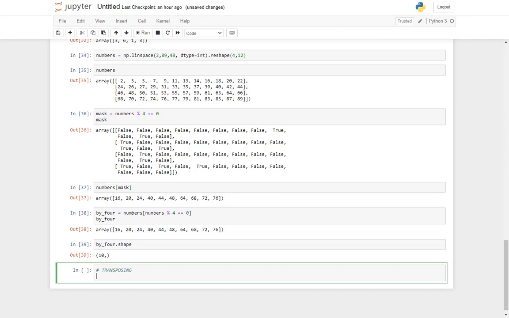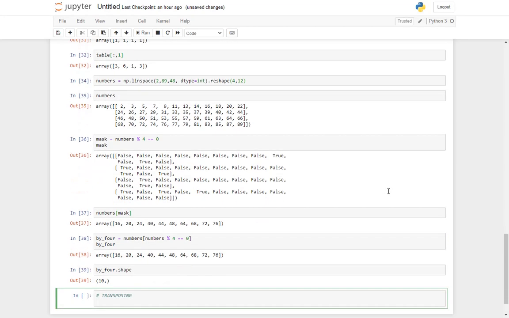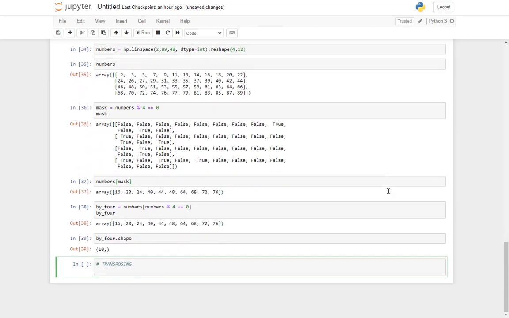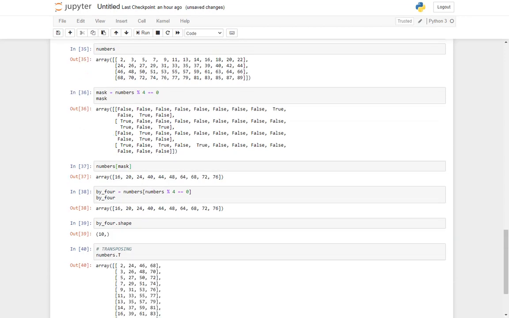We should be looking for smaller, work with numbers itself. So if I have numbers dot t, it's as simple as that. The function transpose can also be called just by a single letter t.